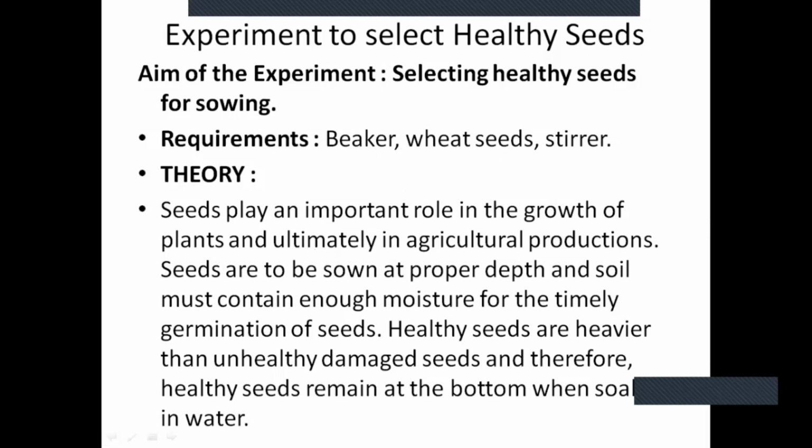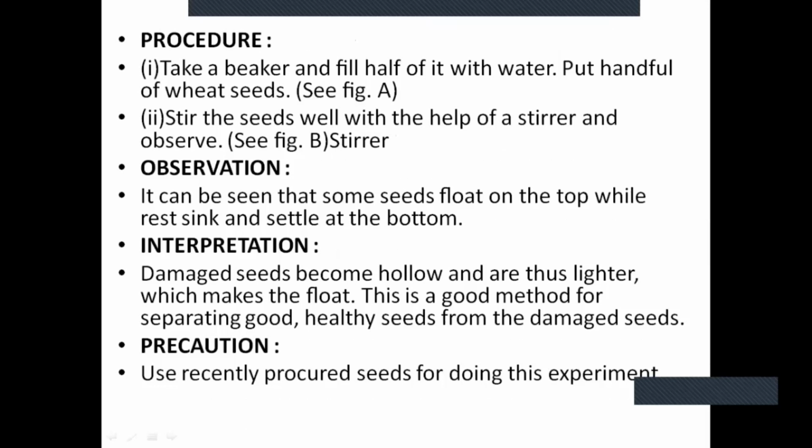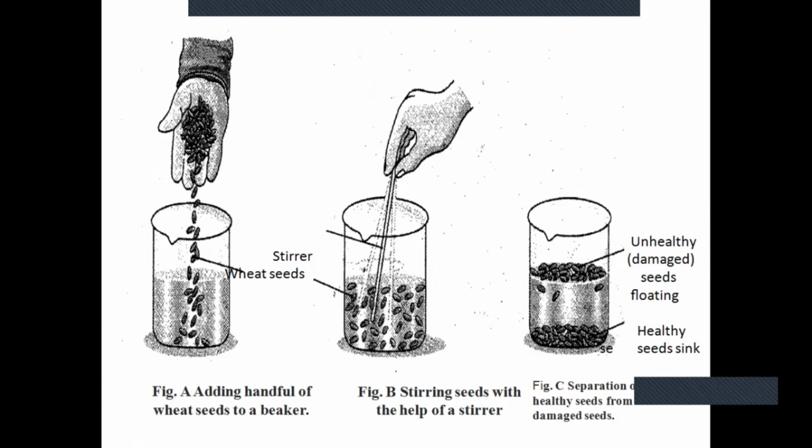I hope everyone has got the lab manual. In the lab manual, you have to write the aim of the experiment and the requirements. You will not write the theory, only the observation, and you will draw the diagram. Have I made it clear? Yes. Now what you have to do at home is draw this diagram. At home, you have to take a glass of water. You can take any seeds you want, okay, and do this activity and observe the result. Then draw the diagram and write the observation in the lab manual.